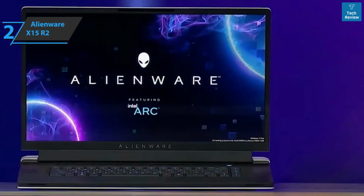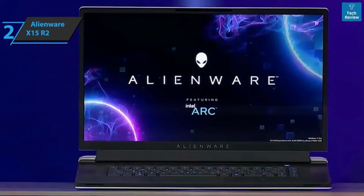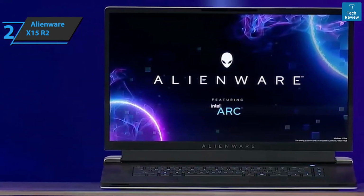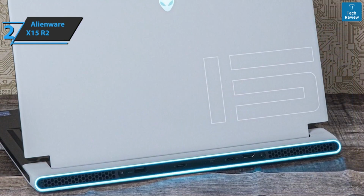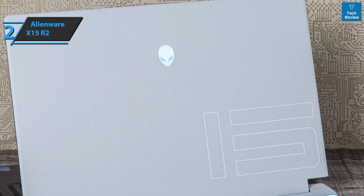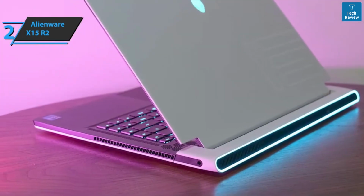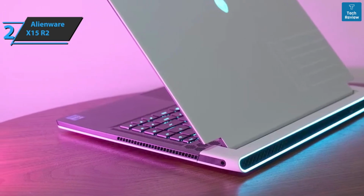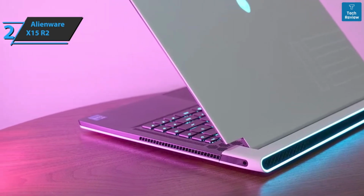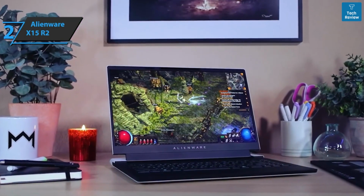The Alienware X15R2 has a distinctive sharp feel, just like most of the Alienware series. It has a white upper side and black sides. There's a stamp number 15 in the lower right corner of the lid, and directly in the center is the RGB illuminated Alienware logo. This device weighs less than 5 pounds and is 0.63 inches tall, all without sacrificing power. It includes 4 fans under the hood, each with dual opposing outlets so that air can move through the interior